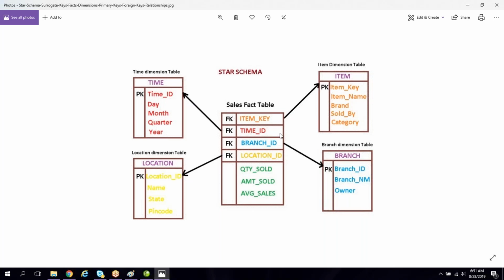In a schema or a model, a fact contains all the dimensions' surrogate keys. Here there are 4 dimensions and we have one fact, right? If the fact contains all those 4 dimensions' surrogate keys, then we can say that this fact is connected with all the dimensions. If at least one of the dimensions' surrogate keys is not present in this fact table, then this is not a star schema model. So if you have 10 dimensions, all the 10 dimension keys should be present in the fact, and only then can it be a star schema model.